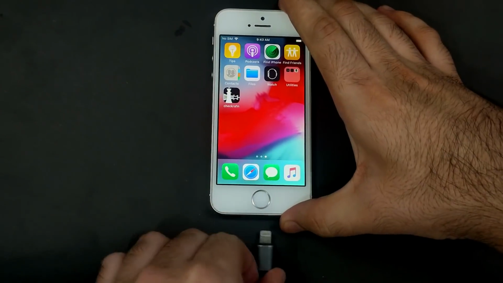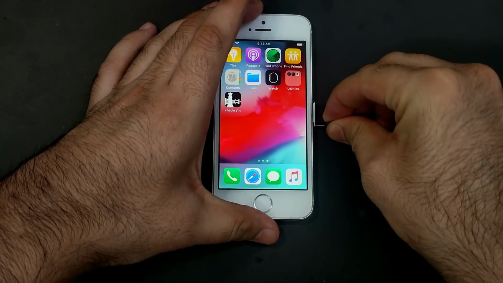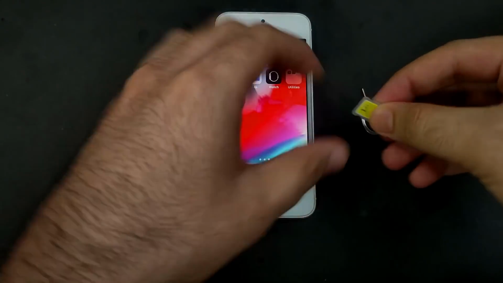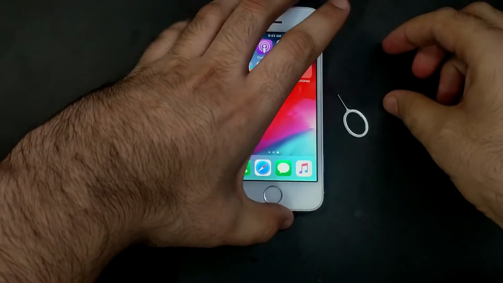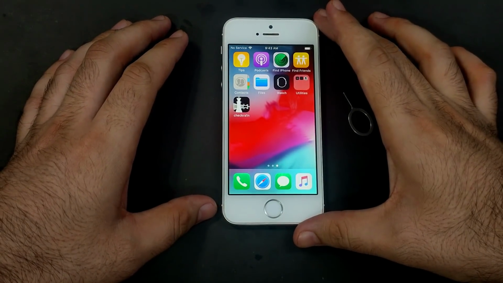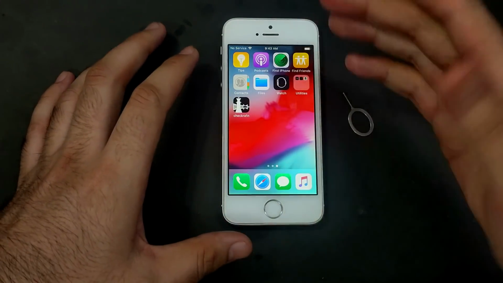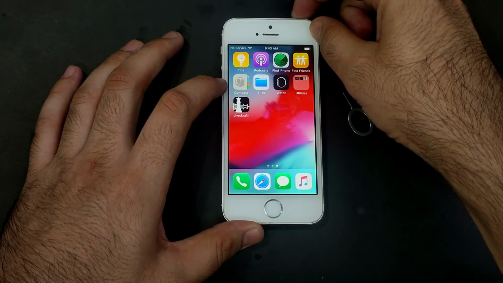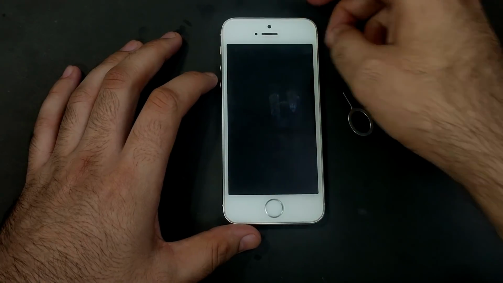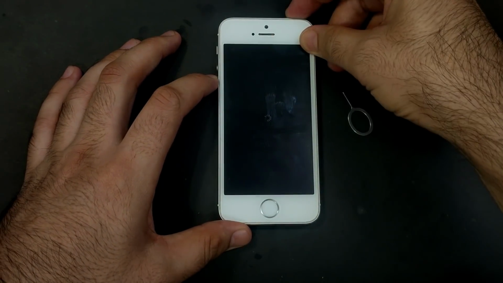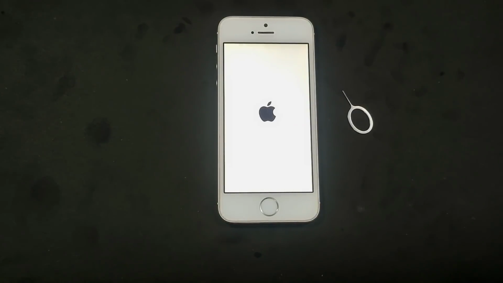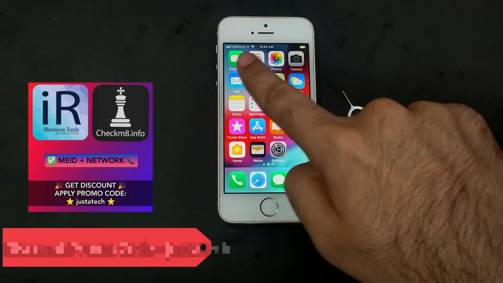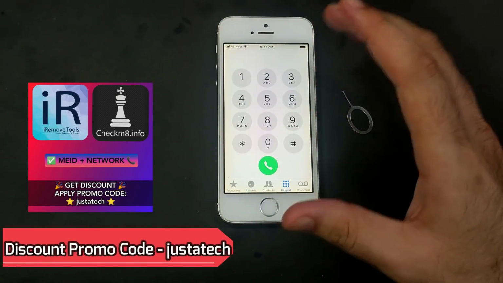Firstly I will insert the SIM card and show you the calling is working. You can use any SIM card that's supported by your device, like 2G, 3G and 4G. It must be a valid SIM card, and you can easily make calls and use cellular data. Once the SIM is inserted, you need to manually reboot your device so that all the carrier settings will be updated. So I will just reboot the device. And now you can see the searching on the top, and your carrier name will be shown there, and you can see my SIM is detected and the network is fully working.